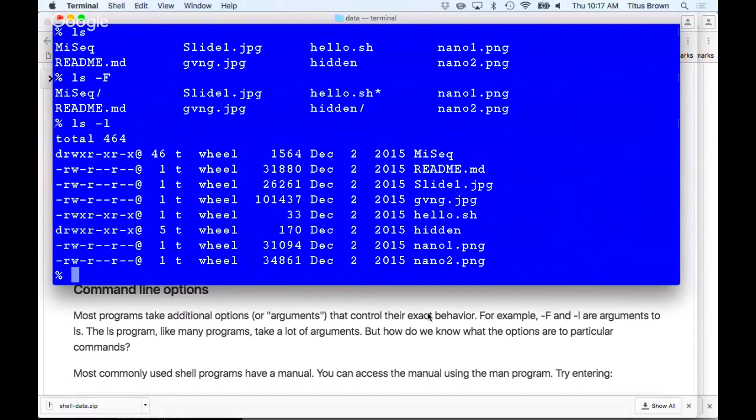Because I'm thinking it's like L for long. Yeah, I have no idea what the F stands for. So there's no way to figure it out? Sometimes there is, and I think everybody invents their own mnemonic system. But what you're really asking is exactly what's next in the tutorial,